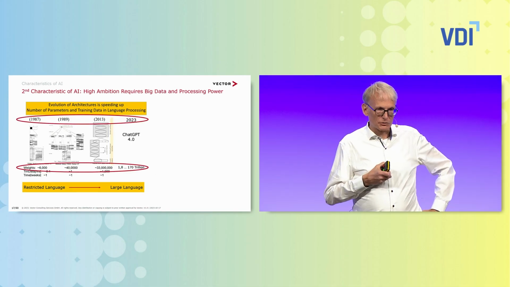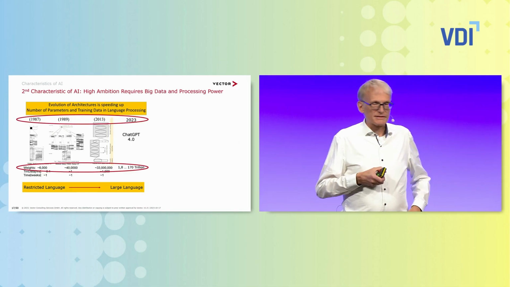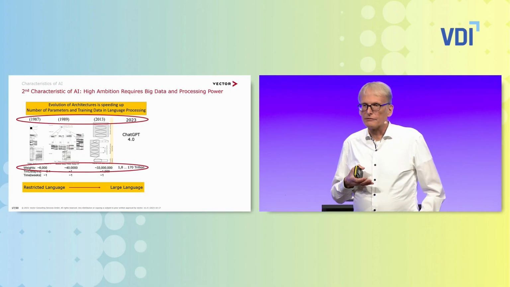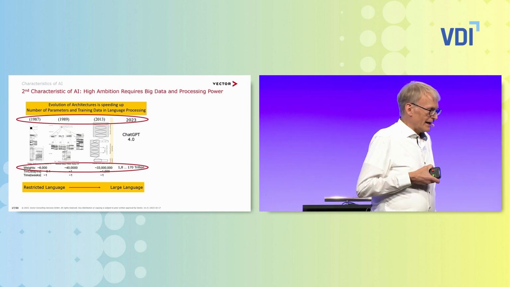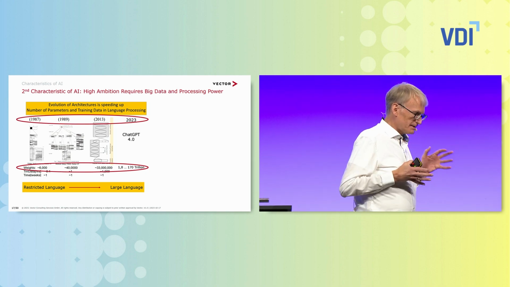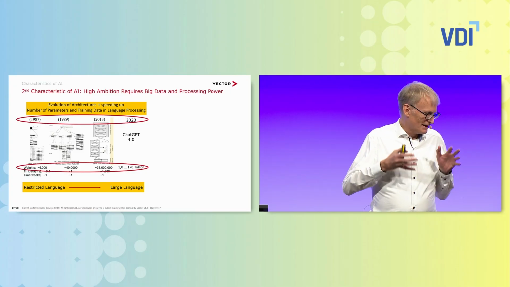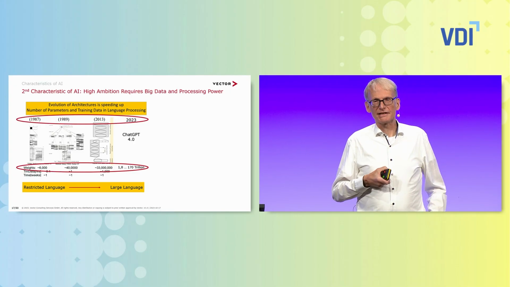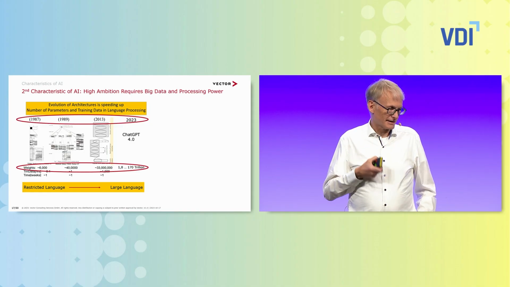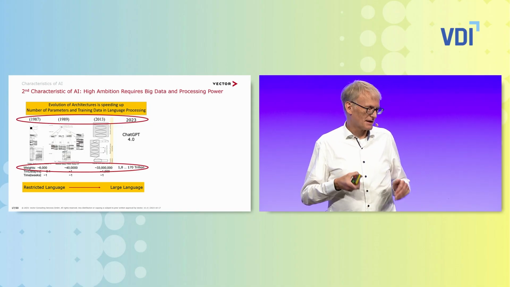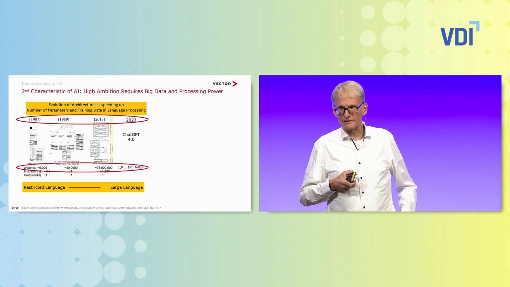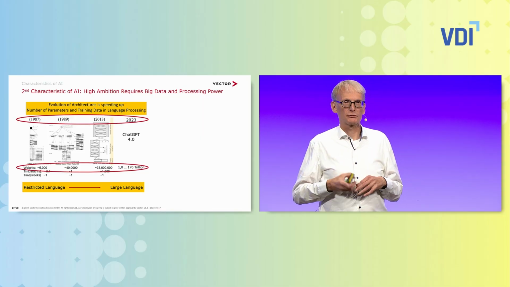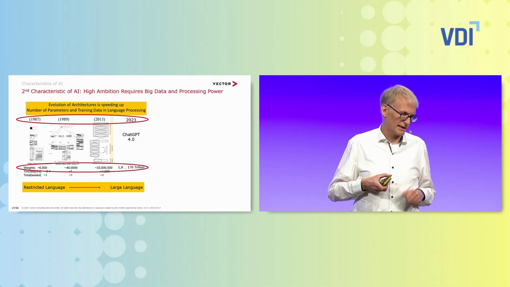Second thing I brought to you, on the left-hand side, you see how these systems for speech and language modeling evolved over time. So in '87, they have been quite simple, small, restricted in language, with 6,000 parameters. In 2023, ChatGPT 4.0 is 170 trillion parameters. So it has gone a long way over 4 decades from a restricted language to a real large language. We are talking about large language models today.